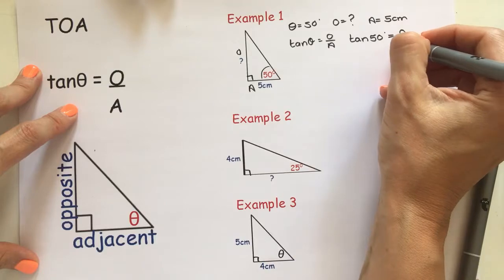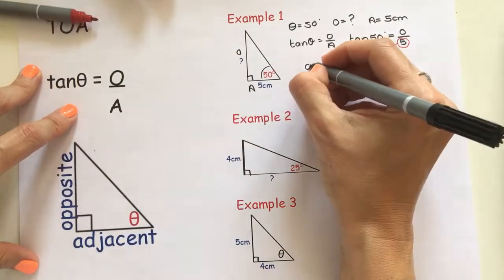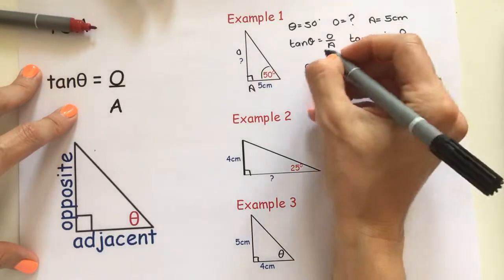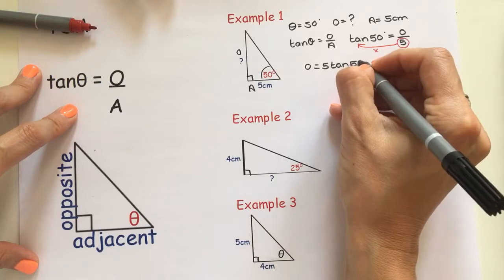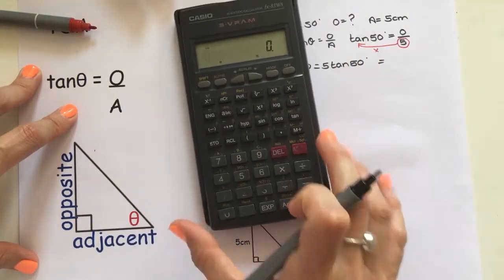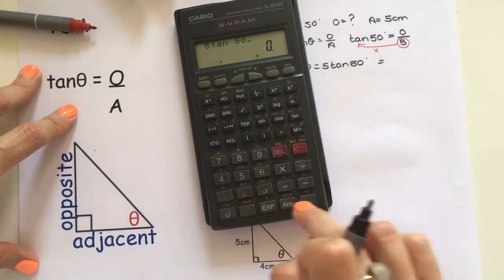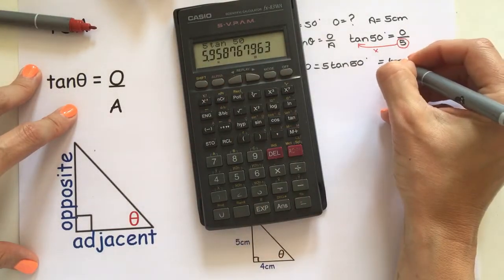Rearrange to make O the subject, so multiply the 5 across, so O equals 5 tan 50 degrees. We put that in our calculator, 5 tan 50 to 1 decimal place, it's going to round up, it's 6.0